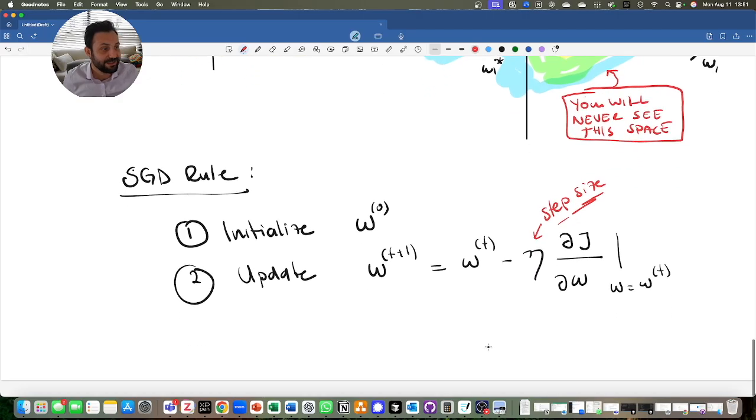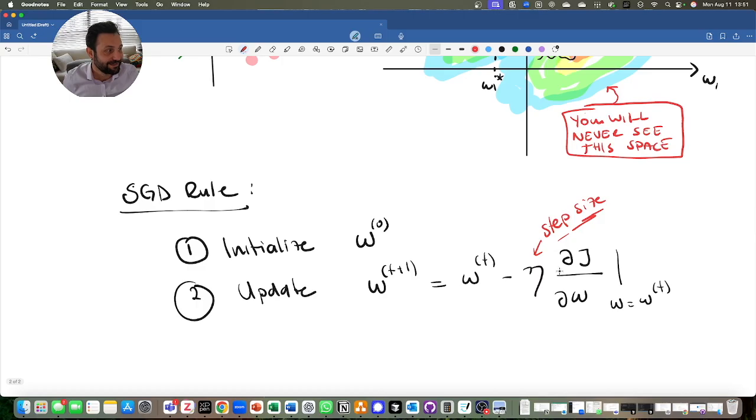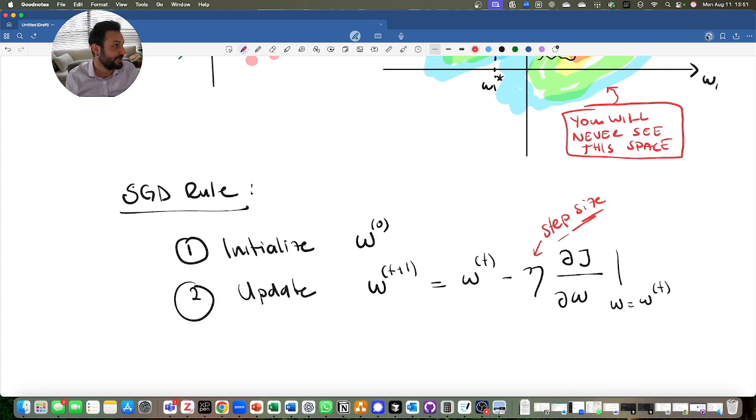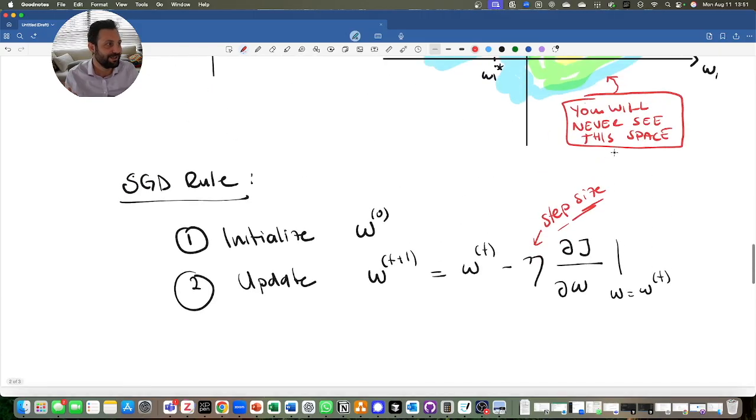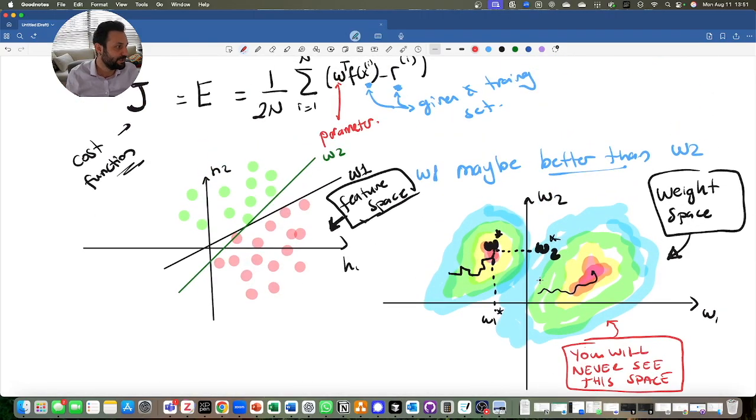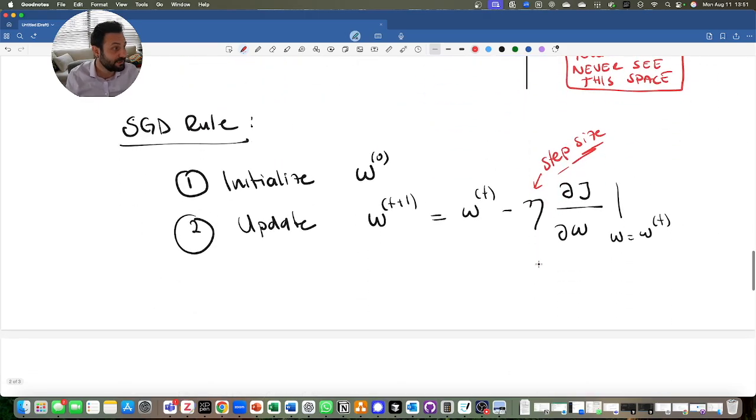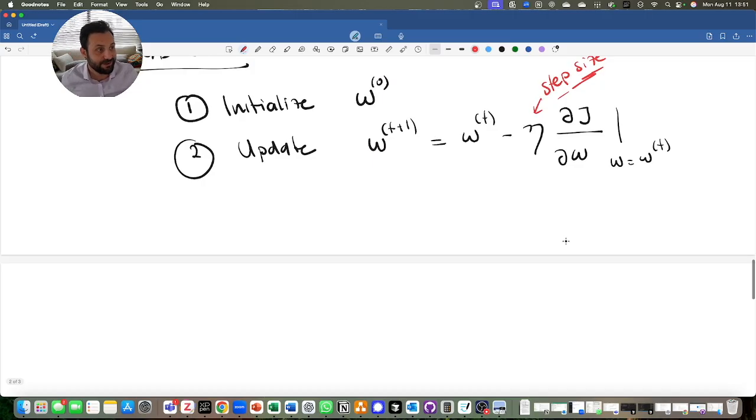So the only thing that you will observe is your J, your cost calculated wherever you are. From the cost that you calculate wherever you are, you're going to have a sense of if you are jumping too much, if you're going to some other spaces, if you're not moving fast enough. So this step size is going to be instrumental for you to